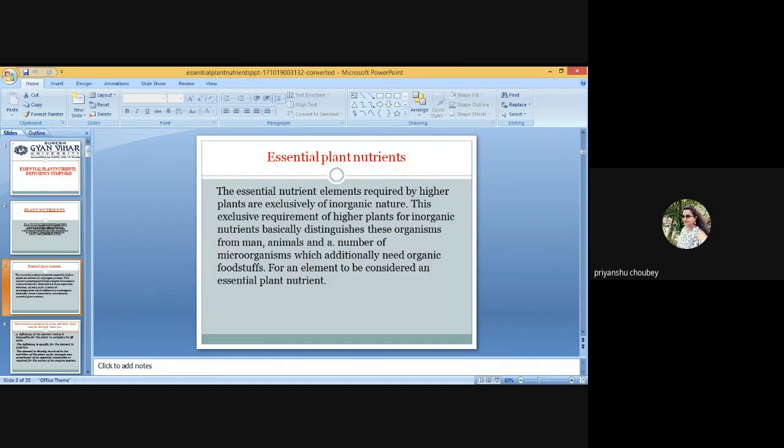moderate requirement by a plant and localized deficiency. These were called secondary nutrients because of their